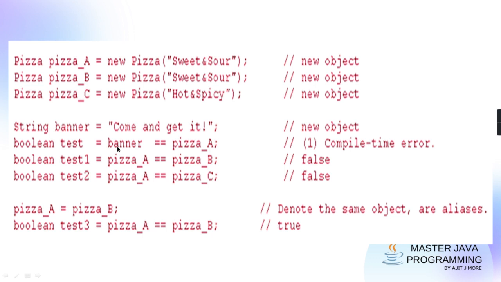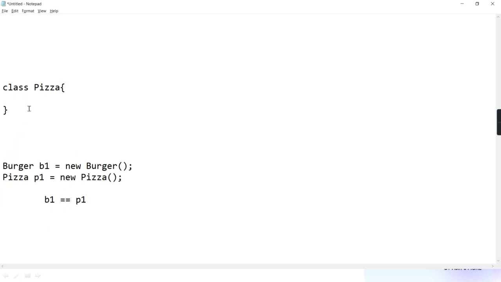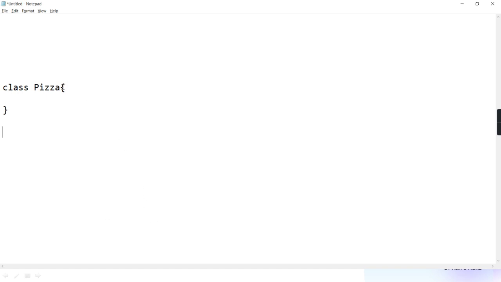But some may say, like if I derive pizza class from string class, then will it work or no? Means string class already Sun has provided. Sun has already provided a string class. And I am creating a pizza class and I am extending that pizza class from string class. Then what do you say?